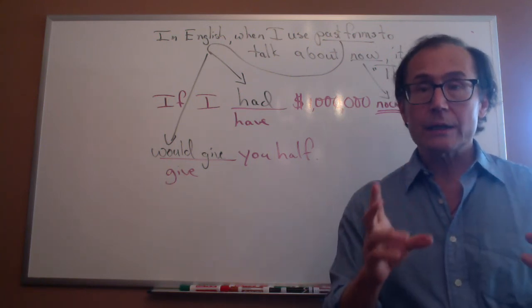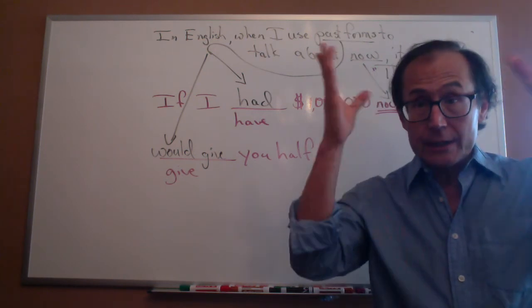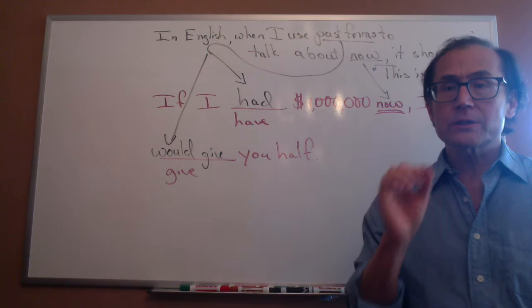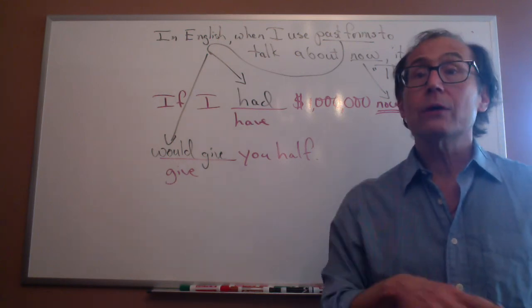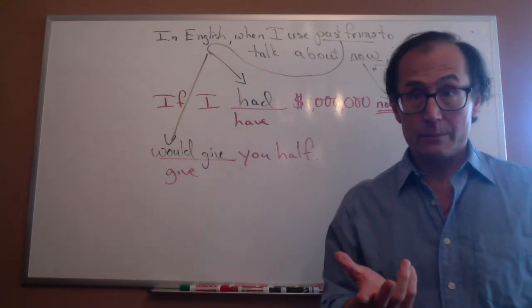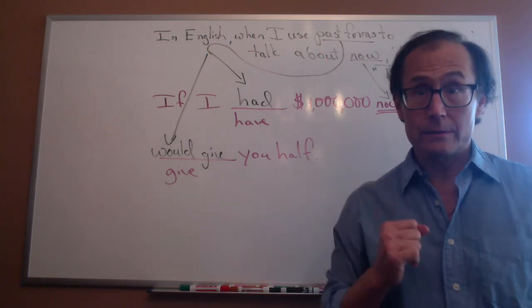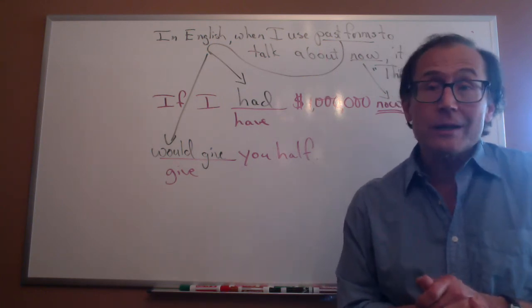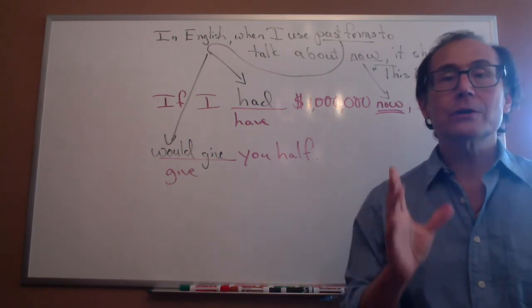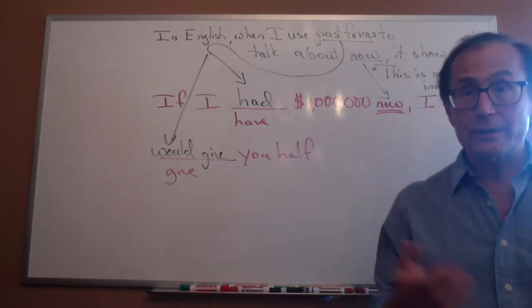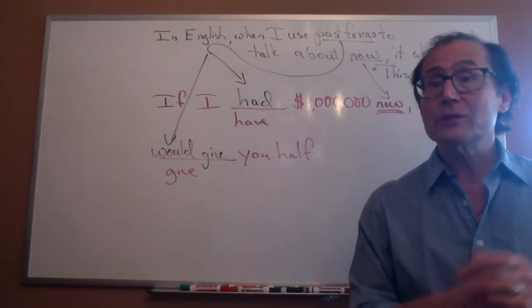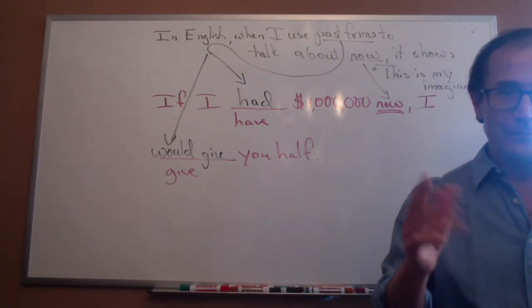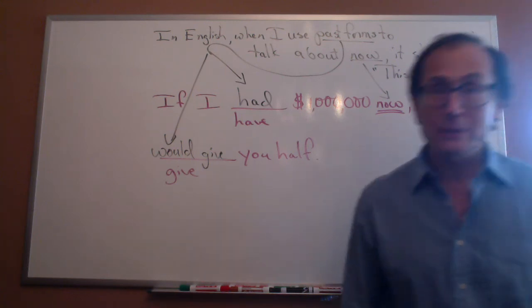Okay? Now, before we start talking about things that are in my imagination, your book starts by talking about how we talk about things that are real. And you already know that. From the first time you started learning English, you learned how to talk about things that are real, because that's the most important thing. We just speak normal English when we're talking about things that are real. We just speak the way that we have always been speaking.